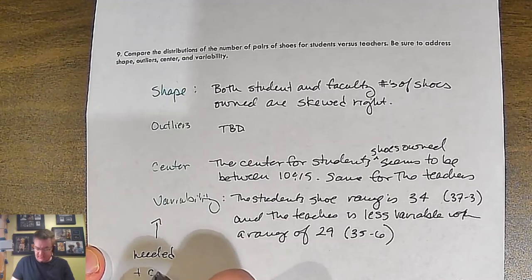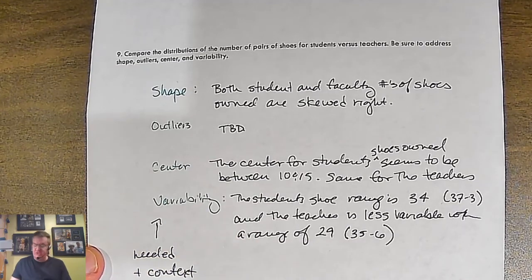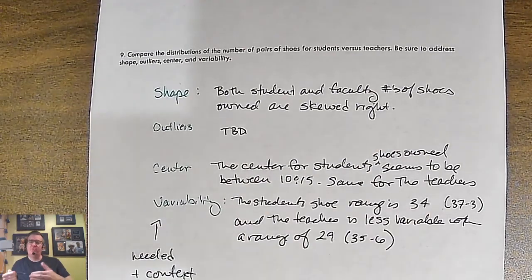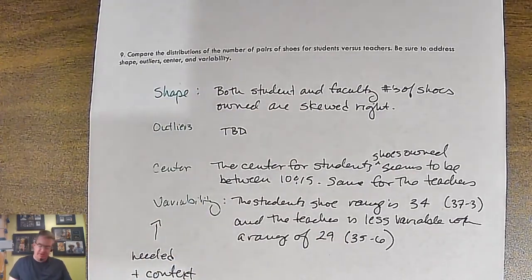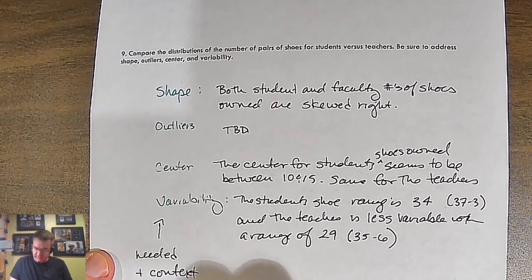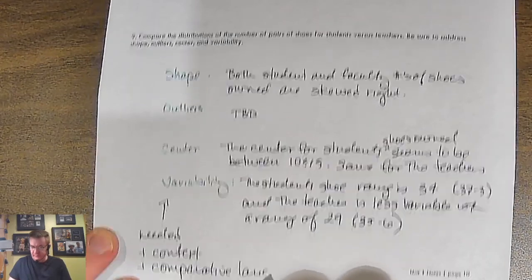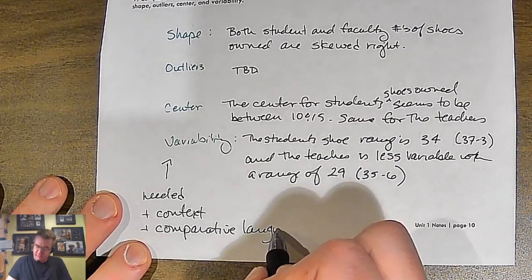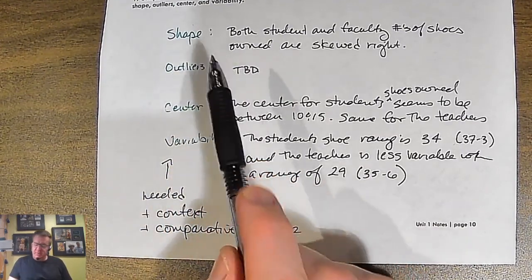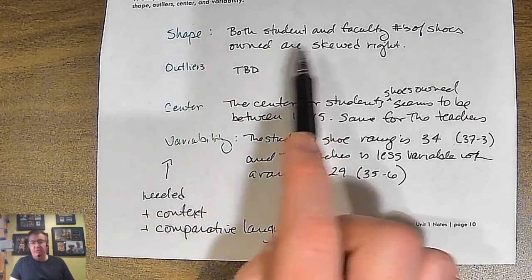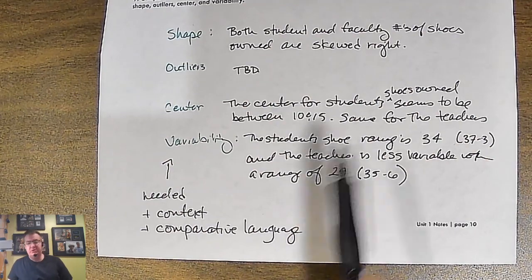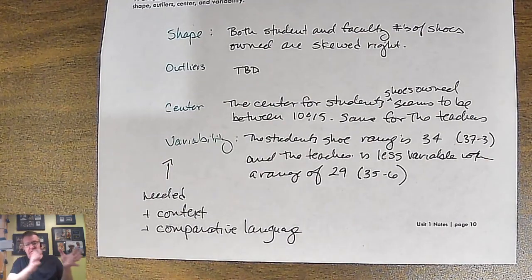And you need context. So if you just said the graphs are skewed right, that's not good enough. You need to talk about what are we talking about. Okay. We also need comparative language. And the reason why you need comparative language here is because what will end up happening is that here they're both skewed right. So that's how they're the same. These are different. Okay. So you need to talk about what's the same between the two sets of data and what's different between the two sets of